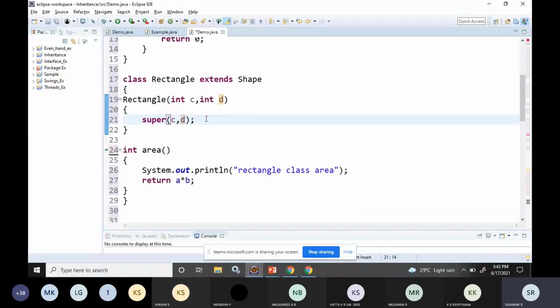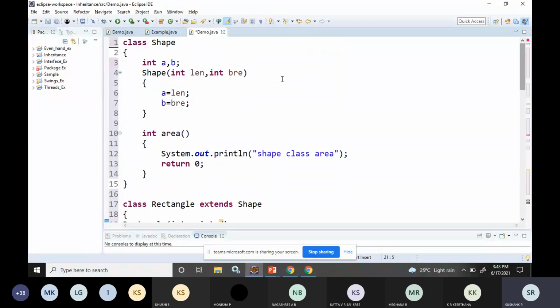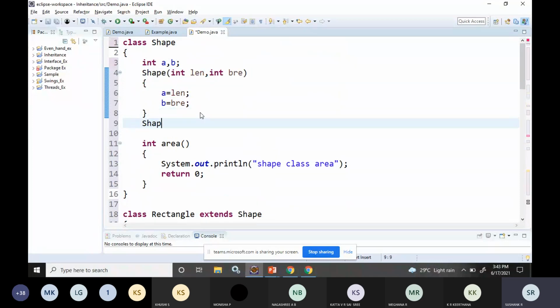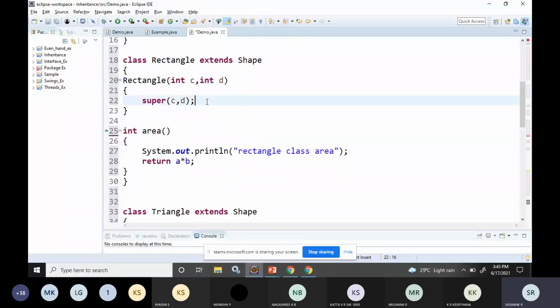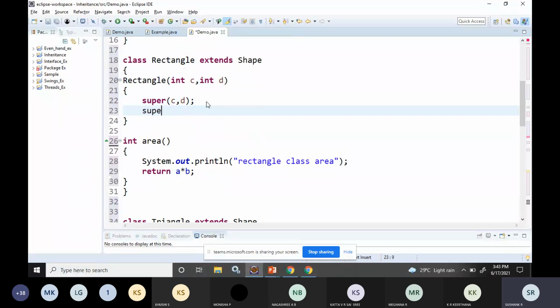So here it is looking for a constructor with two parameters in the superclass. If I had written something like Shape of integer l, integer b, integer h, a parameterized constructor with three parameters, then it should be like super of a comma b comma c.